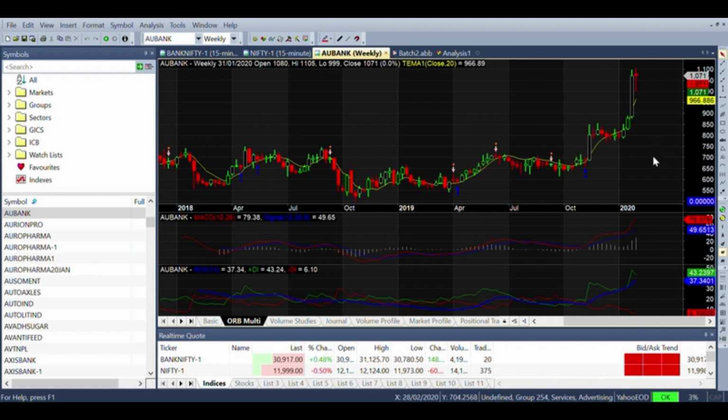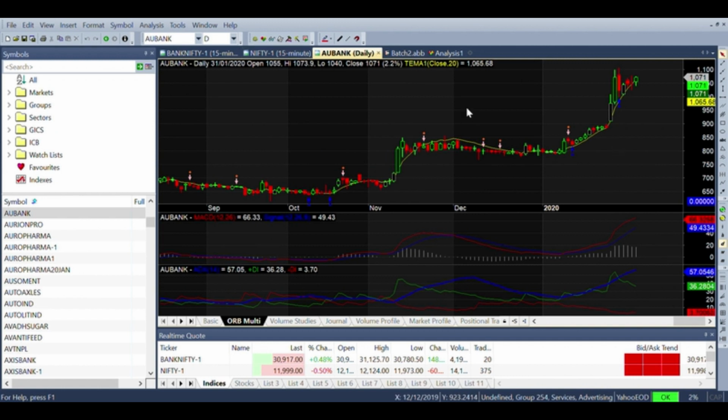Okay. Now the second part, as I said, for our method is to decide which day I should buy AU Small Finance Bank. This is only shortlisting, and you will do this once in a week because we are in the weekly chart, right? So you check different stocks, their charts, find out whether currently MACD is more than signal or not, and when the cross happened, the junction was in the positive terrain. Then you shortlist the stock in the weekend, and then in the coming weekdays, I switch